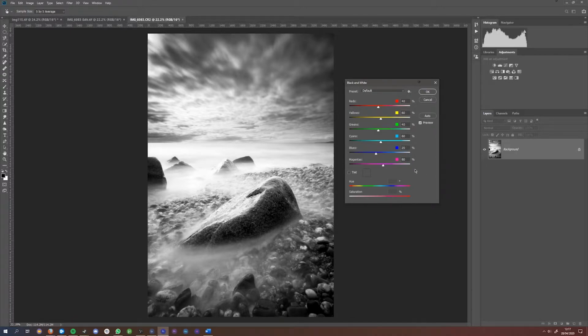And this is referring back to what I said before about shooting your images in colour. If we had shot our image in black and white, we wouldn't be able to use these adjusters. But because we've shot our image in colour,